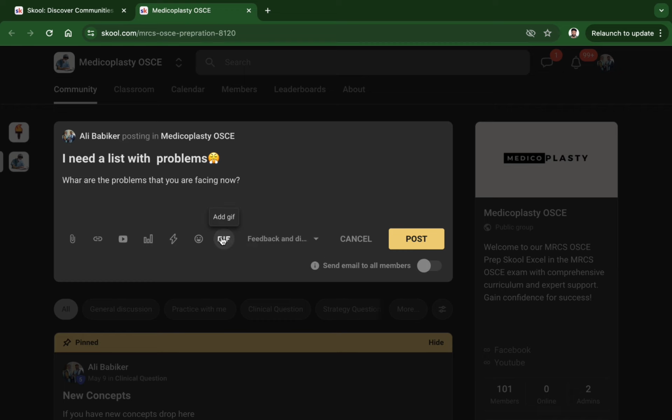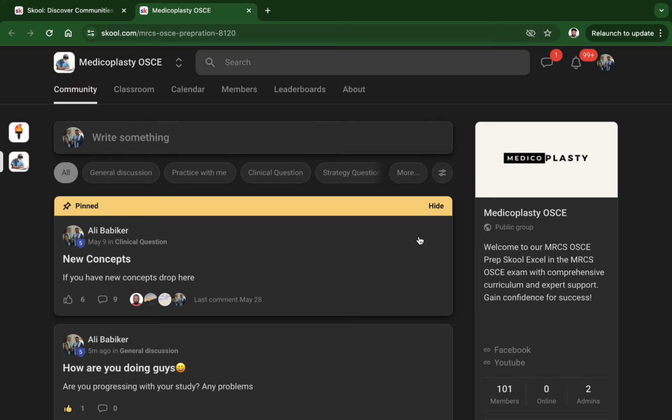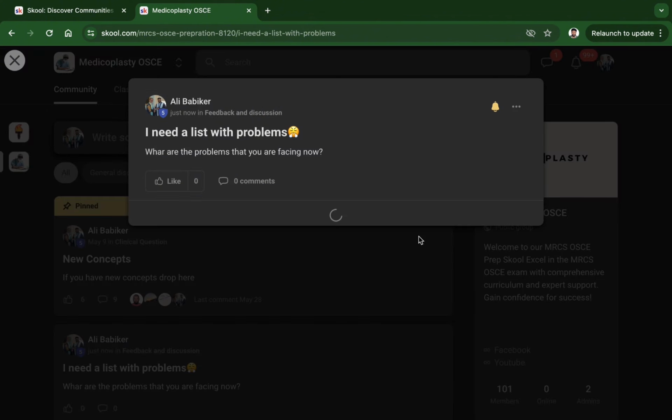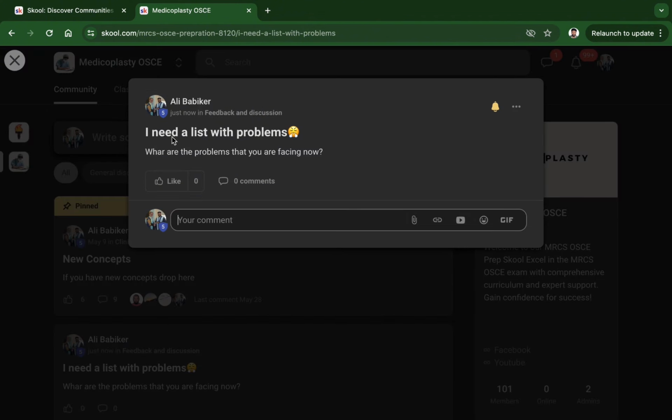You just post it here, the GIF, as I showed you earlier. You can choose and then select category to be able to post. You will not be able to post without selecting category, and you can see your post here. Let's say you posted a post and you want to follow people, you're going to press on this one. If anyone commented, you're going to see, and you can unfollow the post if you don't want to have any